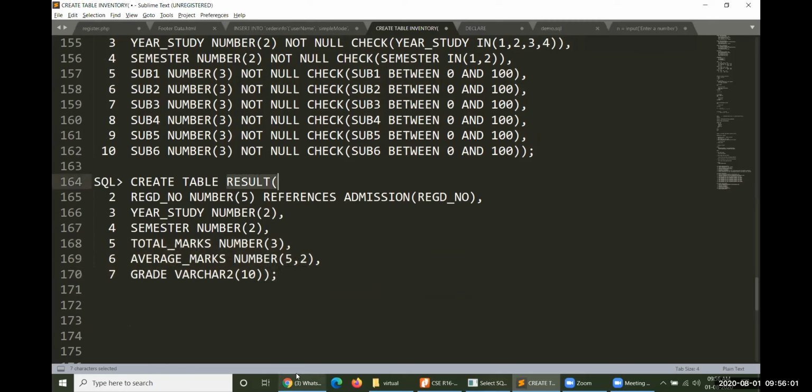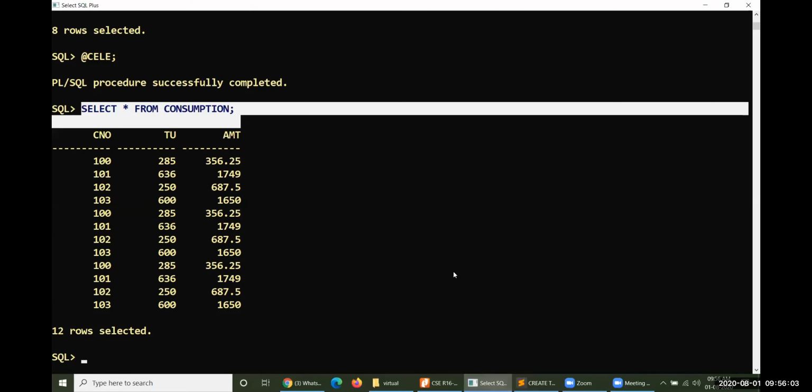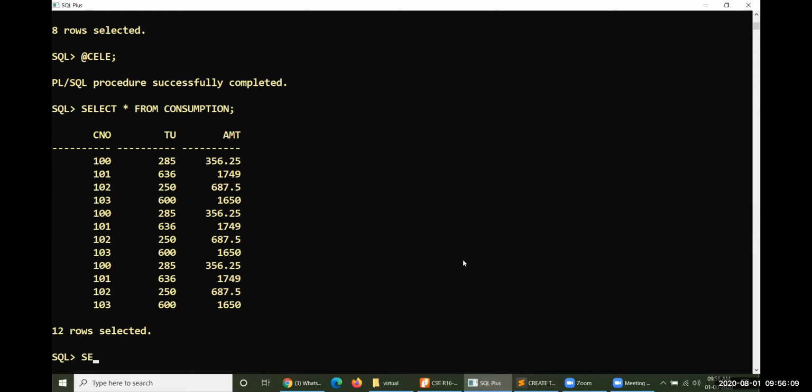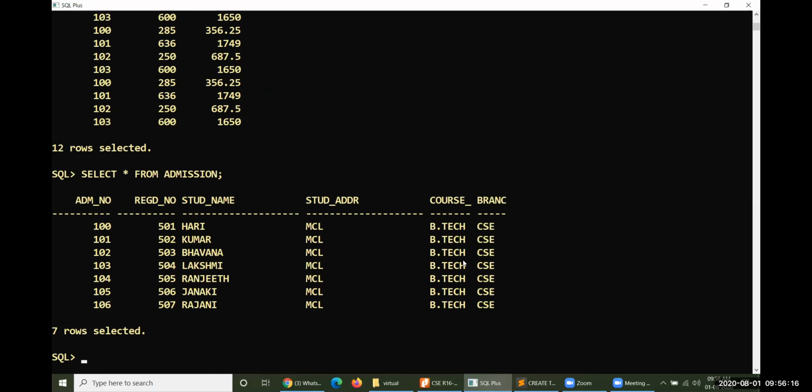Okay, let us examine what specific data has been introduced here. I told you that I have already done this. So look at this, select everything from admission. This is the specific data. 6 people's data has been introduced here, 501 to 507.